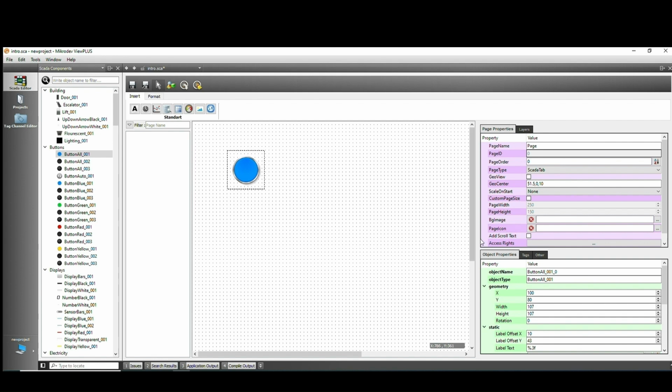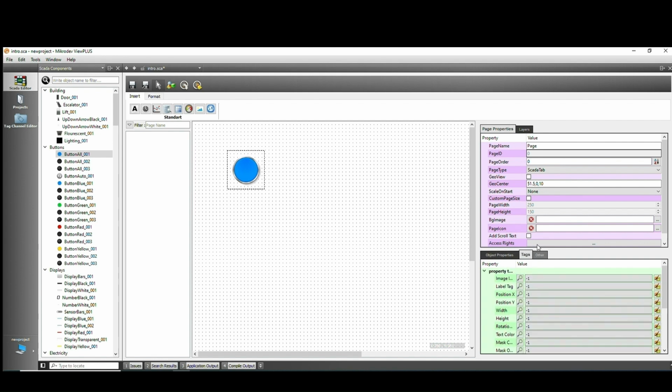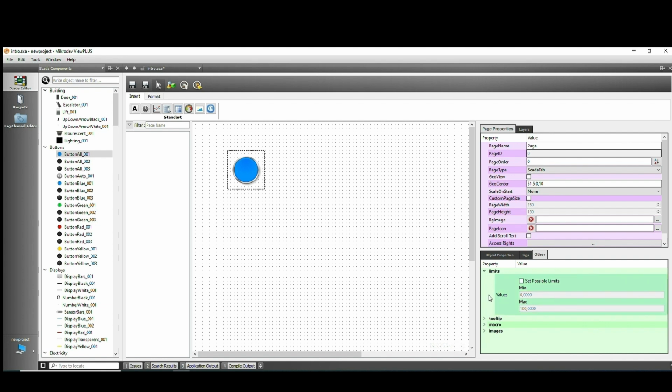Index values appear in the Images section under the Other option. The appearance of the component changes according to these index values. You can write code into the component with a macro. These macros affect the display and behavior of that object.